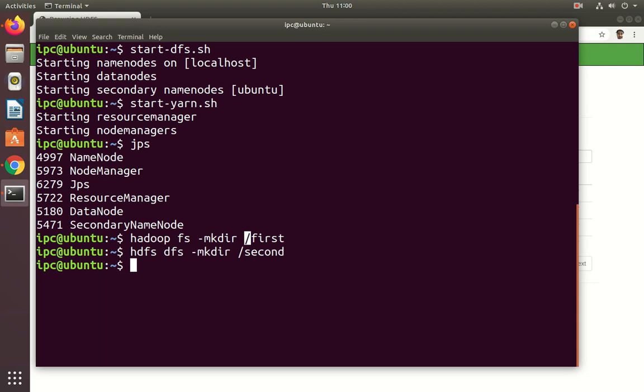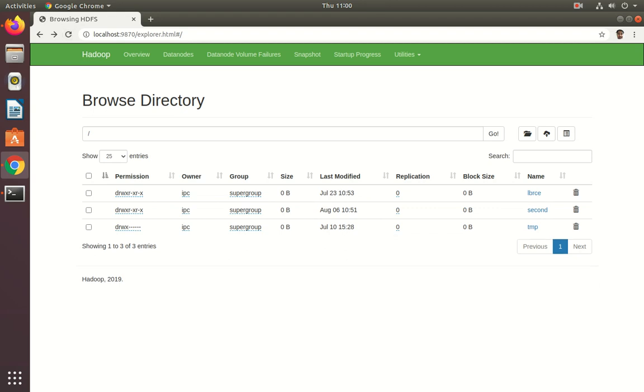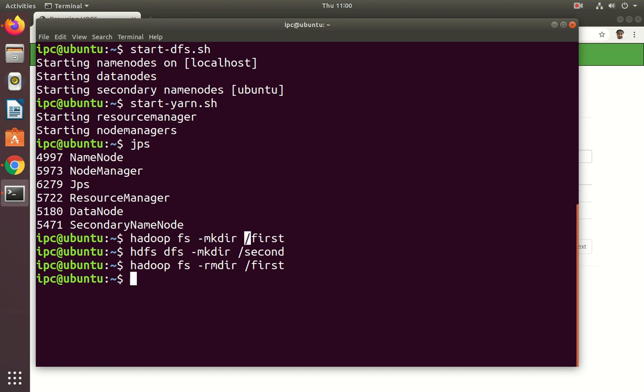Now I am going to delete the first directory by using the rmdir command. hadoop fs hyphen rmdir, remove directory, space slash first. Go and verify. See, first, second, lbrc, tmp, just refresh it. Now the first directory is removed. So that is the second command, removing directory.